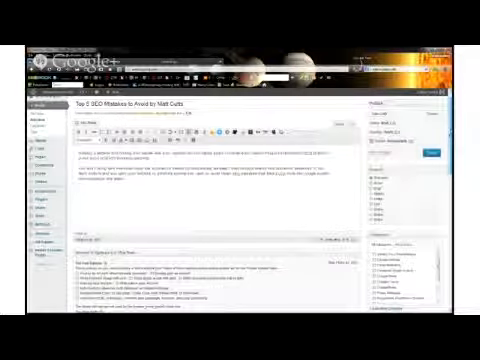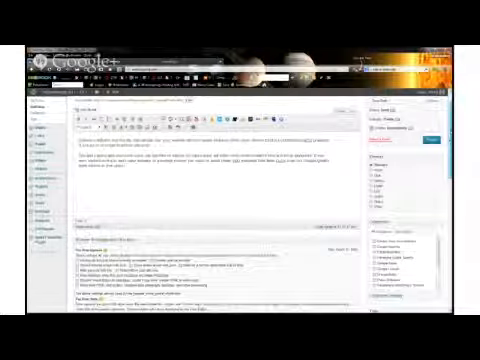The next area that I want to go to is over here in categories. You can see that I have a number of categories already filled in here, and it looks like, excuse me, at this point I have not posted anything regarding